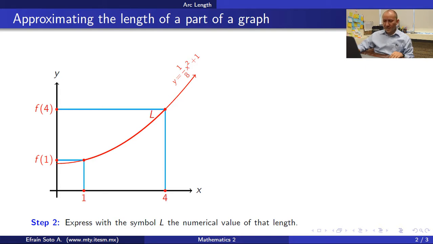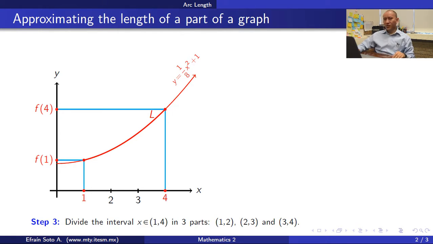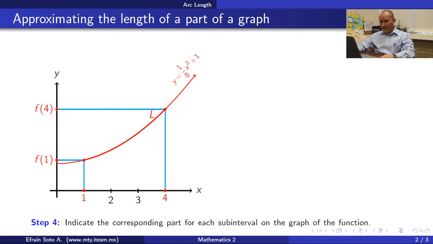The next step is we are going to divide the interval from 1 to 4 over the x-axis in 3 parts, and each part will have the same size. So the size of each part will be 1, and the subintervals will be from 1 to 2, 2 to 3, 3 to 4. And now I'm going to indicate the corresponding part for each subinterval on the graph of the function,